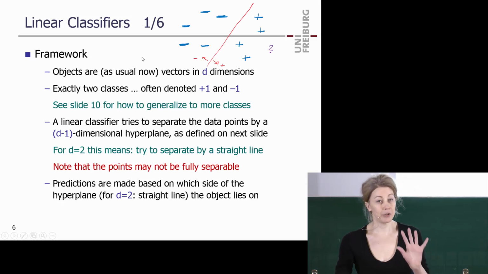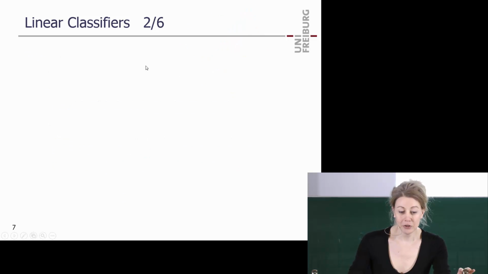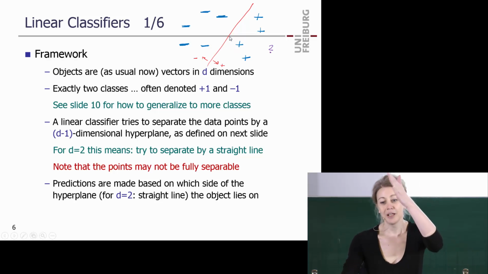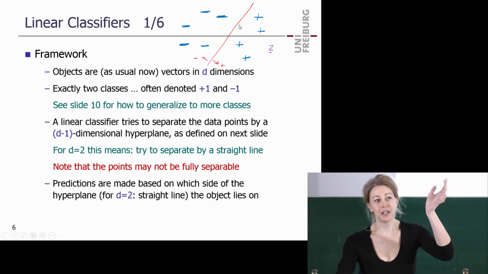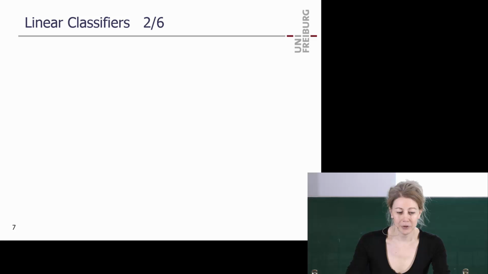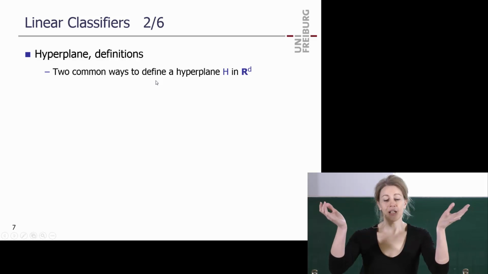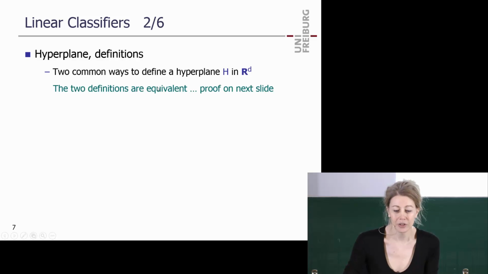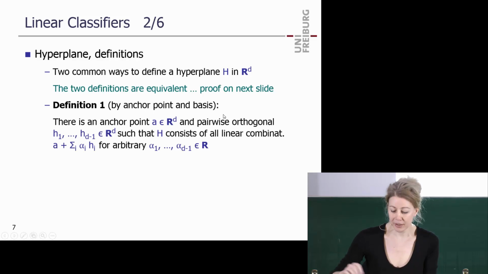So hyperplanes. So now it's more linear algebra, which you love by now. So we need to define this thing here. This is crucial for all this learning classification work. You always have lines in 2D or hyperplanes in higher dimensions. So we need to define them. So some basic linear algebra again, which is very nice though. How do you define a hyperplane? Think of a line or a plane in 3D, and the rest is just generalization. So here are 2 very common definitions. They are equivalent, and I will prove it so that we get used to some linear algebra math again. This is the definition by anchor point and basis.